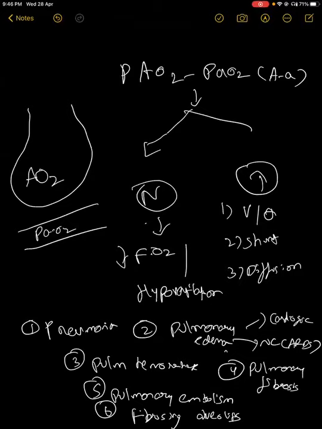Pulmonary embolism is mainly because of VQ mismatch, where the perfusion is affected more than ventilation. And fibrosing alveolitis, again, is mainly because of a diffusion defect. So this is about type 1 respiratory failure, and type 1 respiratory failure doesn't have any big specific approach; you have to manage the specific condition.